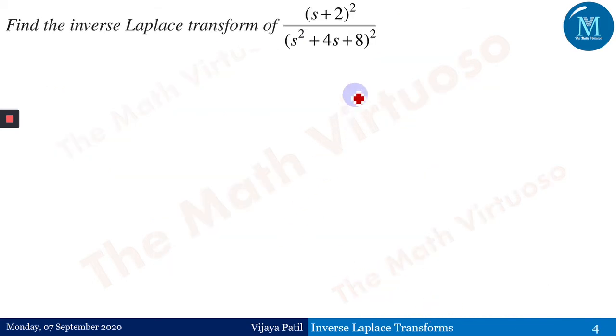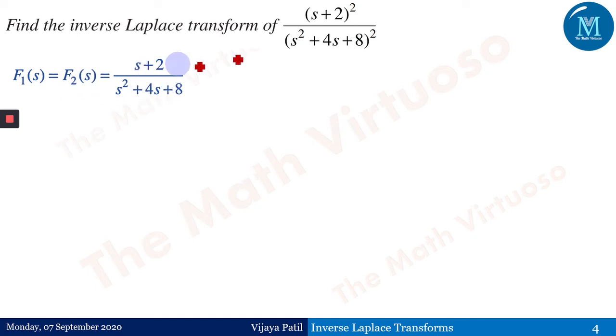and therefore this is the answer for this question. Similarly, again this is s plus 2 the whole square. Again a similar kind of work we have to do here, but here we have the numerator also 2, that is a square, and the denominator also a square, and therefore f1 is s plus 2 upon s square plus 4s plus 8.